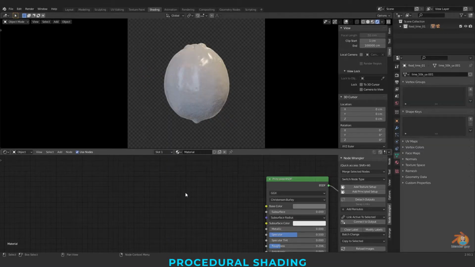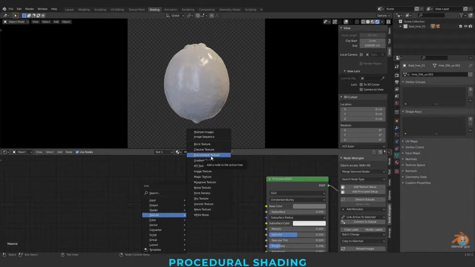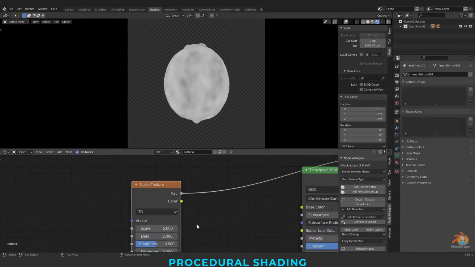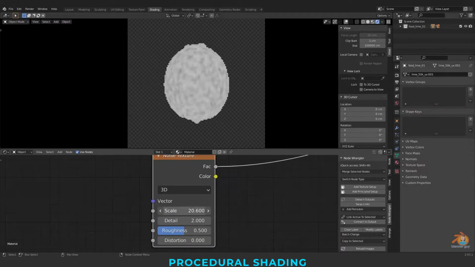So let's first create a noise pattern. For that I'm just pressing Shift A, going to texture and going to a noise texture. To view this node on the model, just Ctrl Shift click on the color. And see the scale, the gradient you want and also the detail.